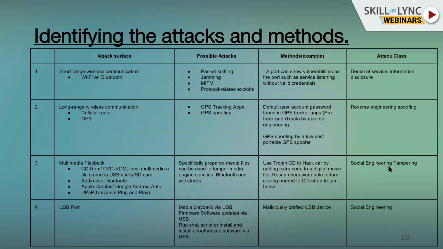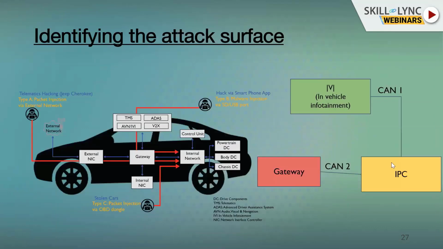Fine. So the attack surface could be the functionalities which have been implemented in the in-vehicle infotainment system. When you identify the attack surface, it is not necessary that you find it only on this ECU, because this ECU, if you see, is connected only to CAN 1 and CAN 2, but this ECU could be compromised if these two ECUs are compromised. So the basic attack surface could not be here; it could be here itself, over the in-vehicle infotainment system.